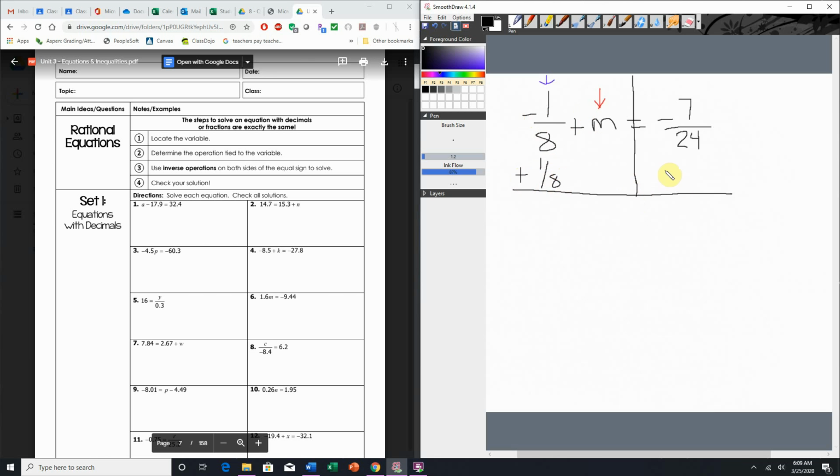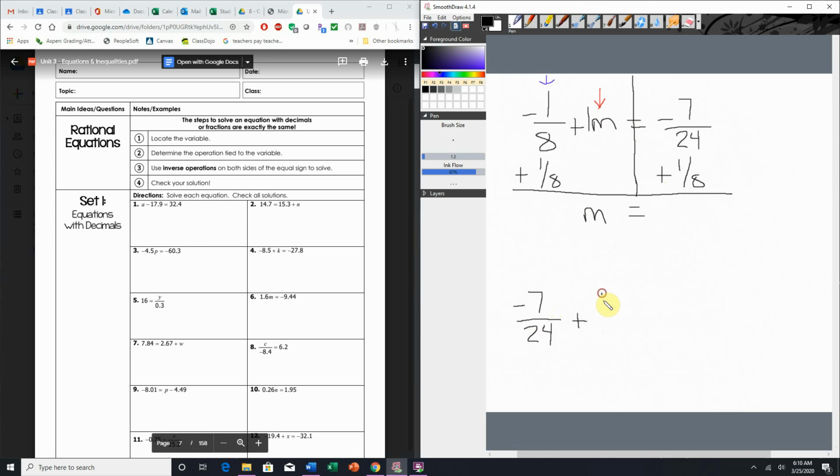So we're going to have to add 1/8 to both sides. So we know negative 1/8 plus 1/8 is going to cancel out. We're going to be left with m. Okay, so you can see that the plus sign goes away because it's just a positive 1m. So we're just going to write it as m equals, and then we're going to come down here and rewrite our new equation. So we have negative 7 over 24